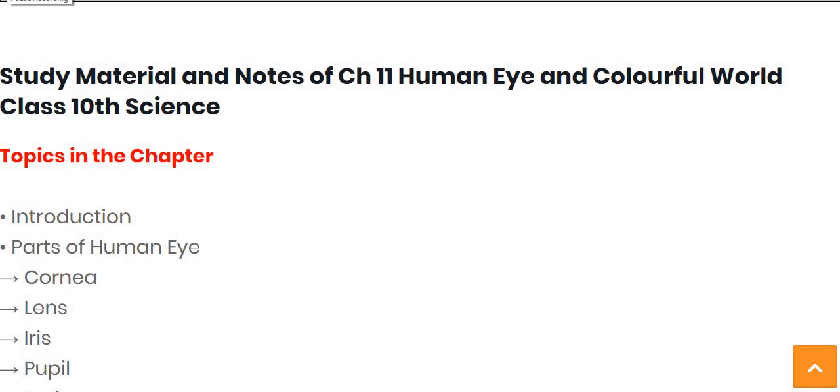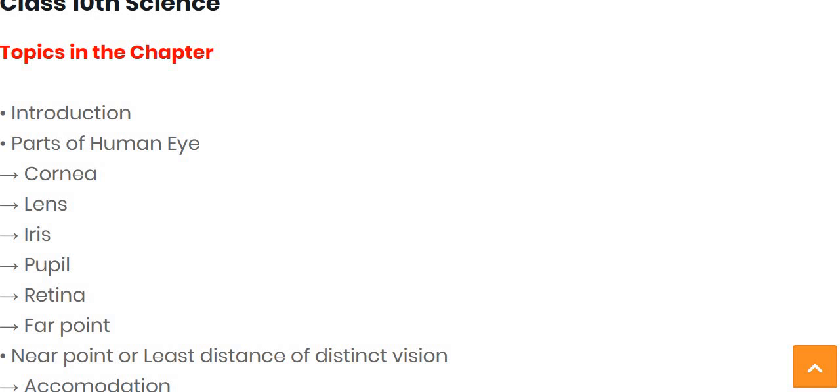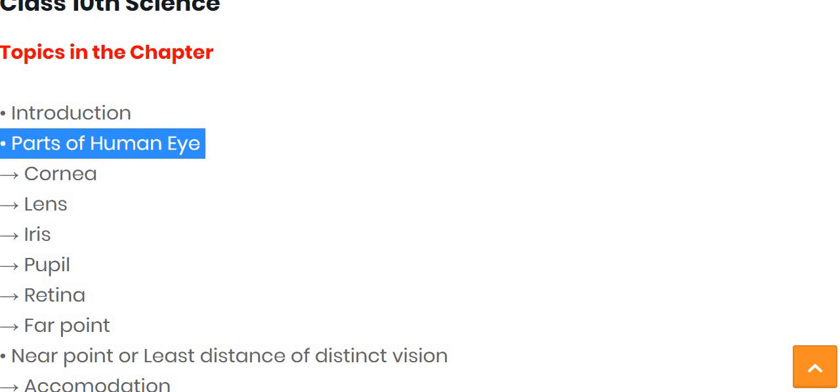Hello student. Now in this video we will see chapter number 11, that is human eye and colorful world. So in this chapter we are going to learn about the parts of human eye. First of all we see the introduction part, then after parts of human eye,